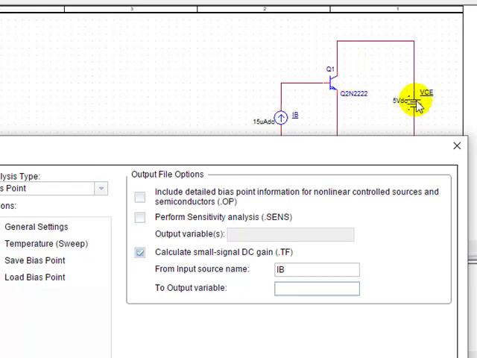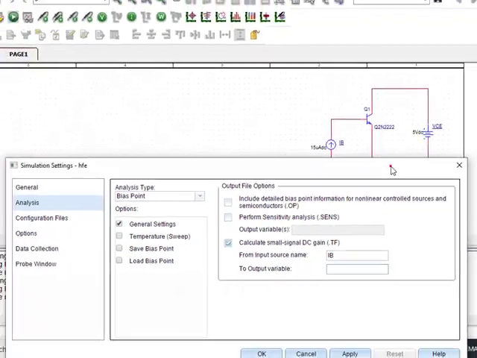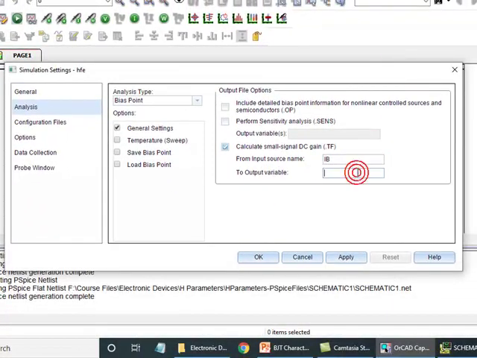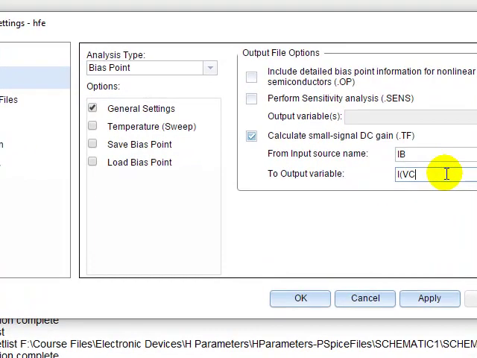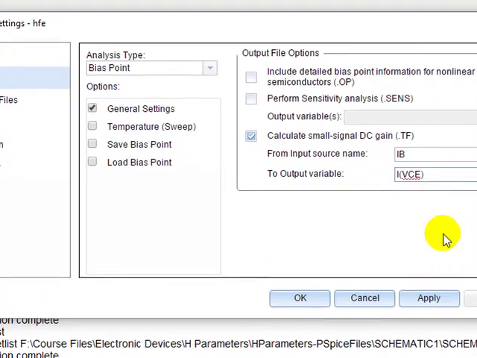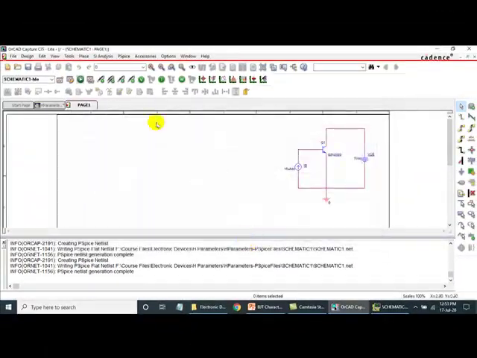So collector current is nothing but current flowing out of this voltage source VCE. So instead of entering collector current here, I'll enter it as current flowing through voltage source VCE, I of VCE. Click on apply, click on OK, run this.